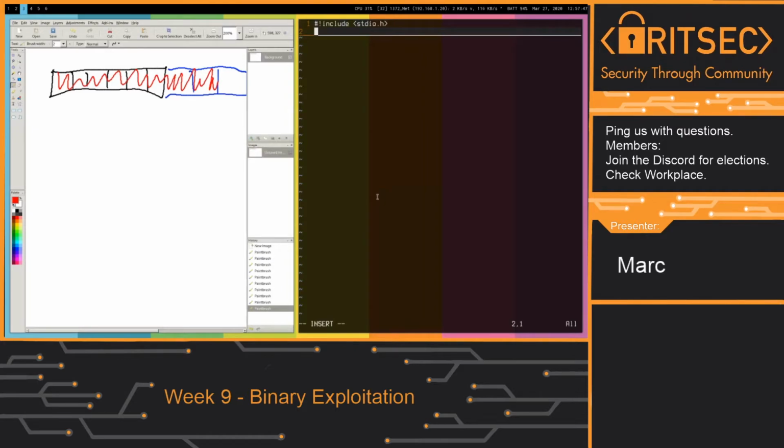I always second guess myself when live coding here. So I'm gonna make a character array. I'm gonna call this input, and I'm gonna give it 16 bytes. Yeah, we'll say 16, and then I'm gonna do a little printf. You know, type in some input,